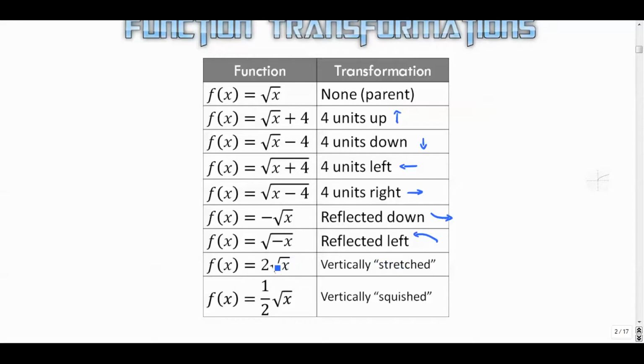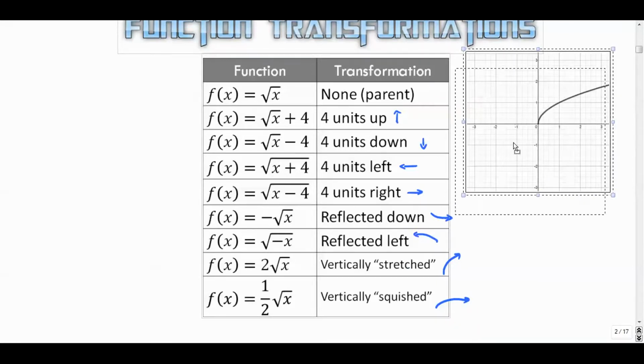If there's a number out in front that's bigger than 1, it's going to be vertically stretched, so it'll be a little bit taller. If there's a number out in front that's a fraction between 0 and 1, it's going to be squished vertically. It's going to be shorter than it normally is. All right, so if our parent square root function looks like this,